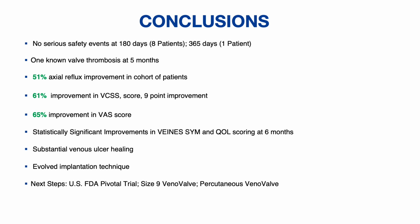An overall improvement in reflux by 51%, clinical improvement by 61%, with an average of 8.4 points, and 65% pain improvement. We evolved our implantation techniques, with average time of implant from 2.5 hours to 40 minutes right now. Our results are from the feasibility study,